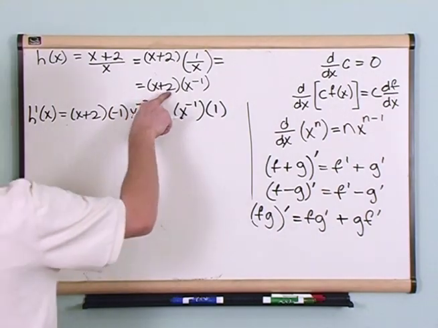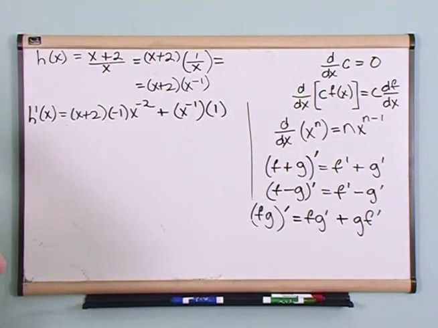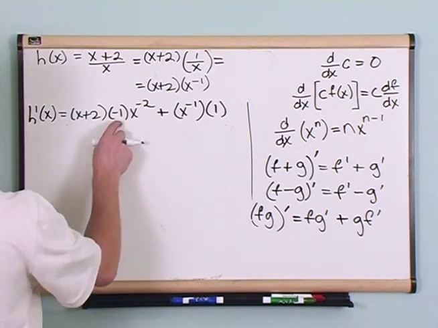Okay? Now the derivative of 2, this is just a constant. Derivative of a constant is 0. Okay? So here is basically the answer. I just have to simplify it. Okay, so let's go ahead and do that. Let's simplify it. What I have here